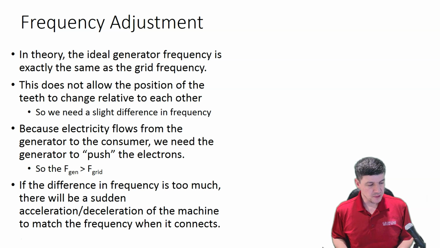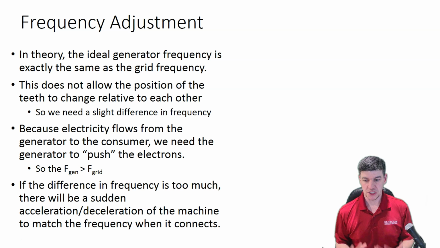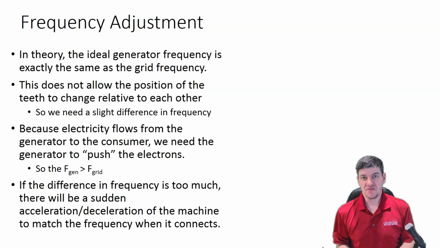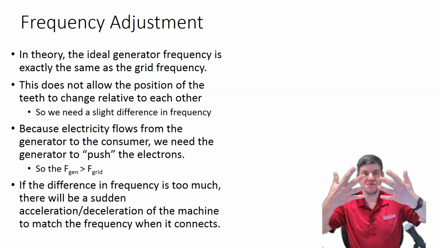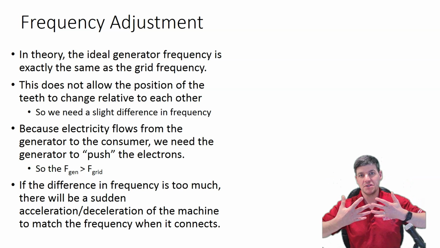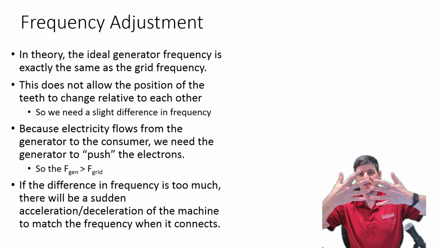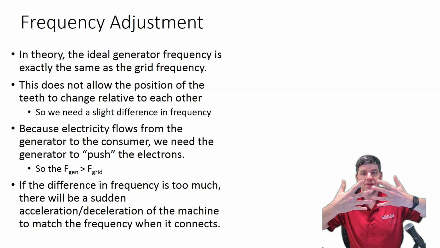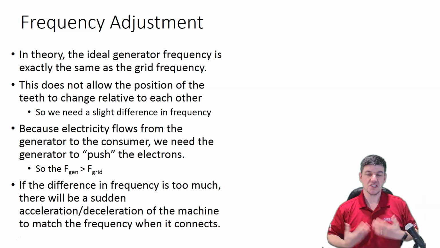Ideally, what we want when we put these things together is for the frequency to be the same. Okay, so that would be the ideal situation. My generator and my grid are both operating at the same frequency. And that causes me a bit of a problem. The problem that it can create is that if they're operating at the exact same frequency, there's never an opportunity for those positions to slightly change relative to each other. So I want there to be some changes that happen relative to each other by having a slight difference in